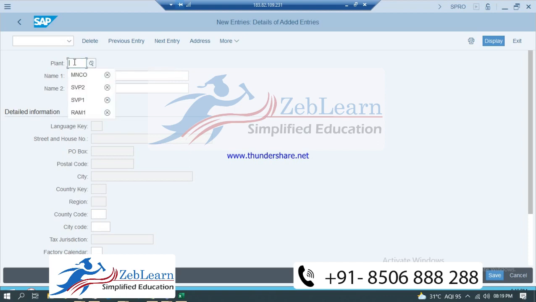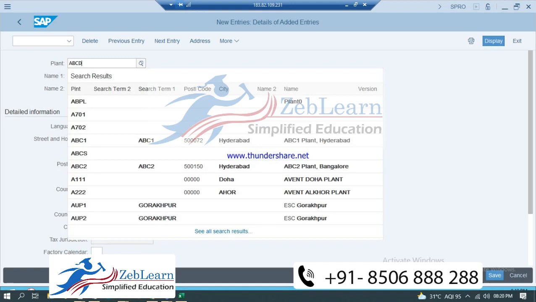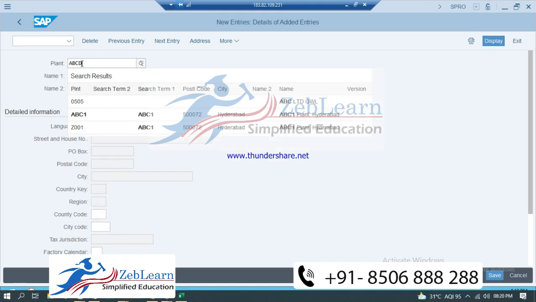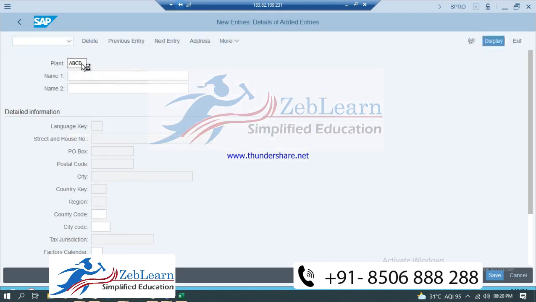Make sure you are taking a 4 alphanumeric code itself. Maximum you should take 4. This is the limit set by SAP. You can take alphanumeric A, B, C, D also, no problem, but that should be 4. If I take A, B, C, D, E and press enter, it will automatically take A, B, C, D only. So it takes 4 characters only, alphanumeric, anything. I will be taking 1501.